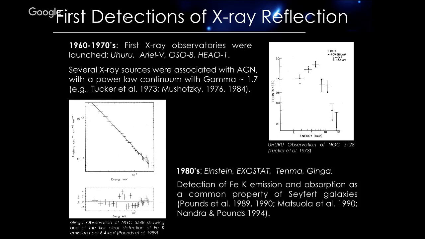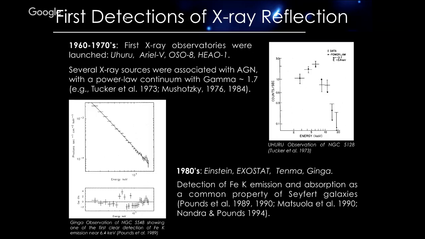And these are just a couple of examples of the early observations. Just a few points, as you can see in the spectral energy distribution. If you're measuring different energies, you try to come up with something that looks like a spectrum. So the initial ones were obviously very limited, but by the 1980s, there was already enough